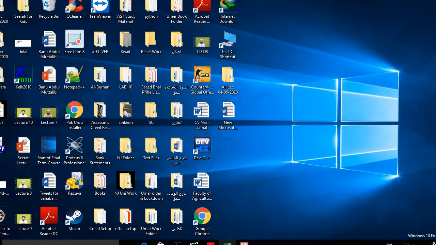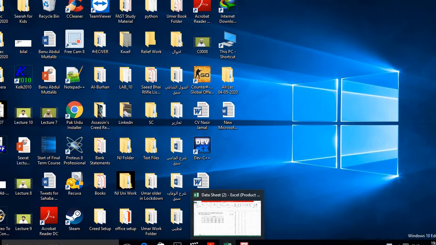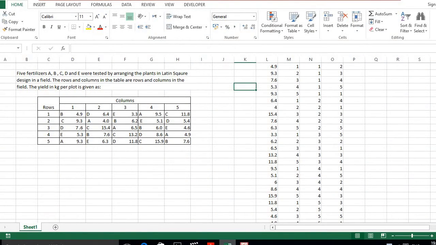Students, it is a practical lecture of Stat 711 of this week. Here I shared a practical of Latin square design. The statement of this practical is given as 5 fertilizers A, B, C, D and E